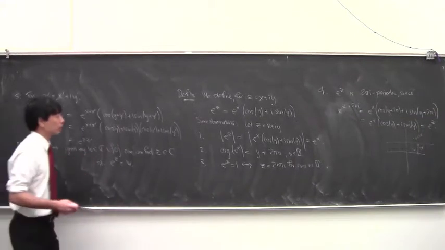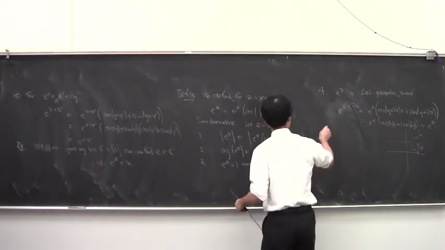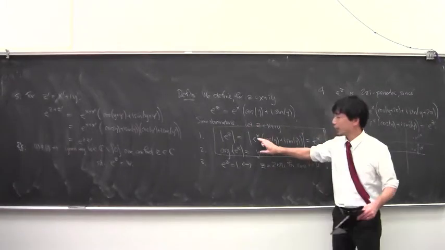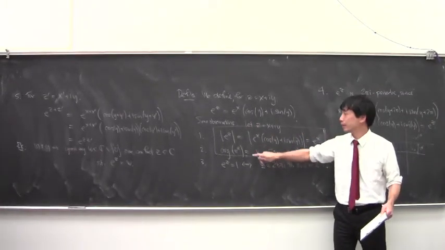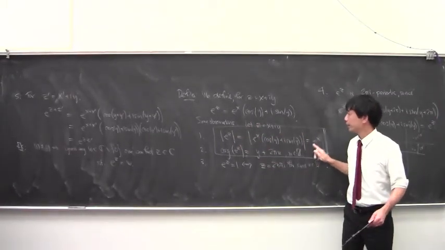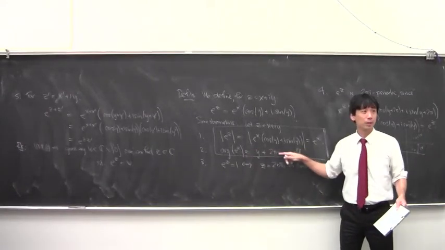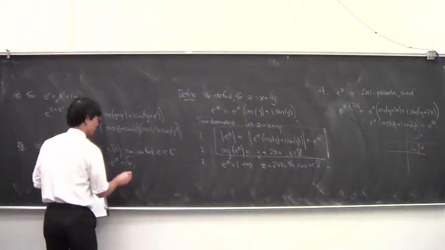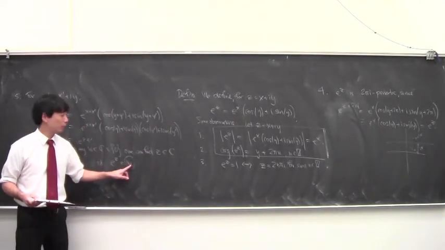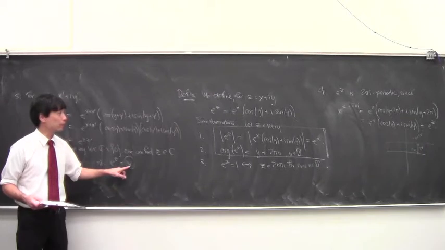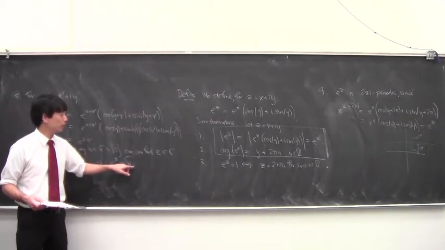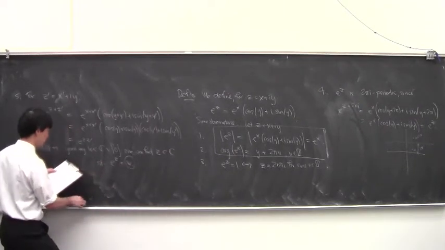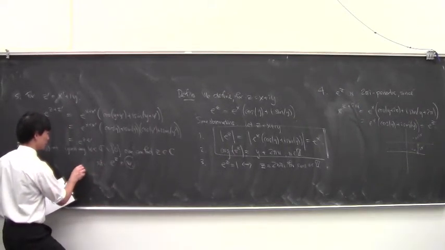Right? Because look, these two things here describe e to the z completely. They tell you what its modulus is, and they tell you what its argument is. And so if somebody gives you a point and says, can you give me a z so that e to the z is this w? All you need to do is choose